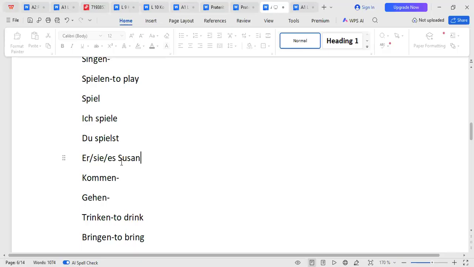So the rule is simple. Write your spiel, have your spiel there, but not the rule. With er, sie, es, what do you do? Add a T at the end. So, er spielt, he is playing. Sie spielt, she is playing. Es spielt, it is playing. Susan spielt, Susan is playing. Benjamin spielt, Benjamin is playing, or Benjamin plays. Then after er, sie, es, you have the ihr, which is you all. So when I refer to Benjamin, Susan, all of you, the rule is the same. Write the spiel there and add T at the end.